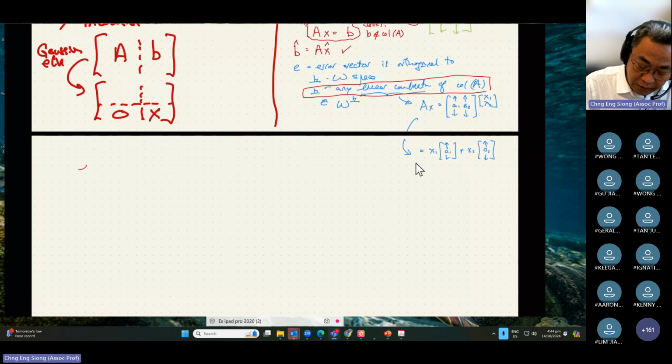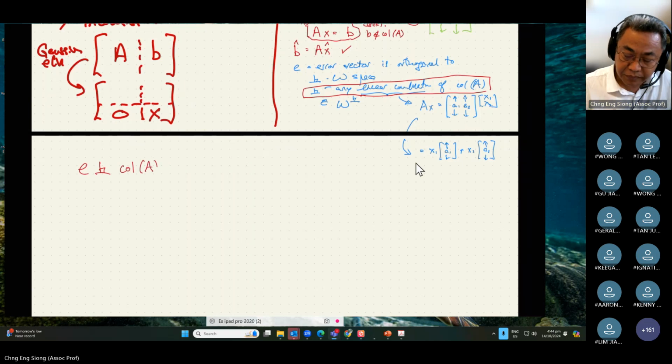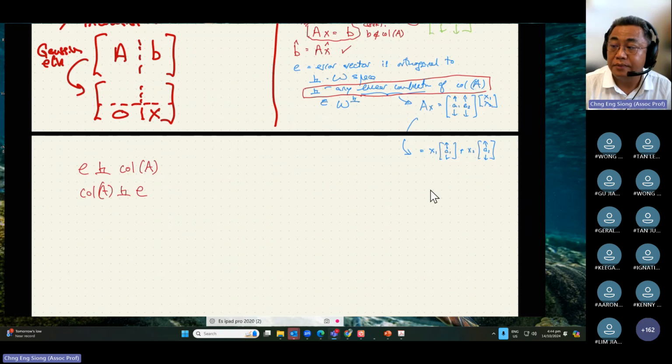E is perpendicular to the columns of A. I can write columns of A is perpendicular to E, right? No change, huh? So what else can I write? Who is the columns of A in